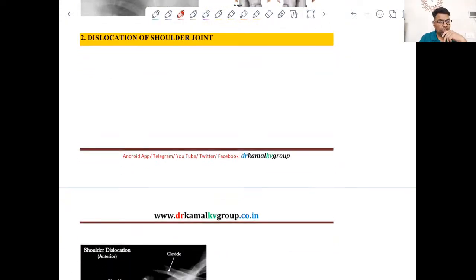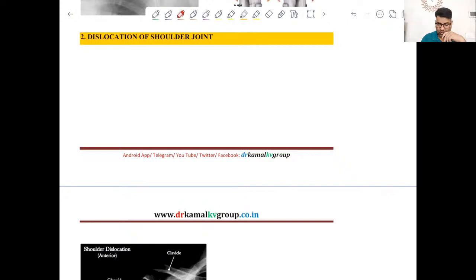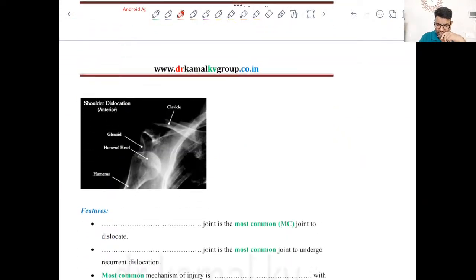So these points are enough for fracture clavicle, right? Then another important topic is dislocation of shoulder joint, and in the X-ray you can see this is the glenoid cavity here, and you can see that the head of humerus, now this is the head of humerus, it has gone anterior to the glenoid cavity. So this is anterior shoulder dislocation. Okay, so this is anterior shoulder dislocation,